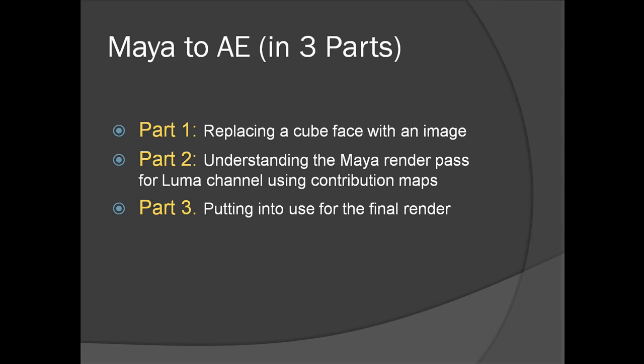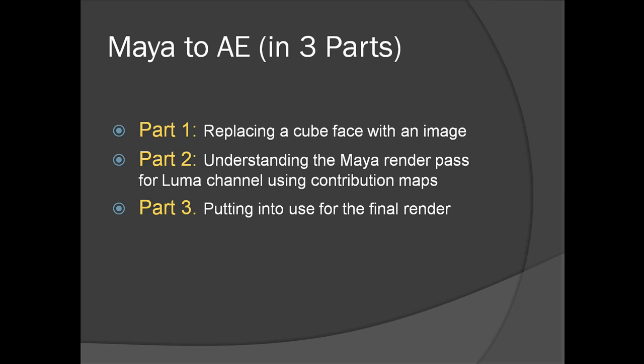Hi, I've divided this tutorial into three parts actually. In the first part I'll be explaining how to replace a small cube face which you make in Maya, get it back to After Effects, get the camera information here, and replace one of the cube faces with an image in After Effects. And then part 2 will be to export the Maya render which we're making for this billboard,